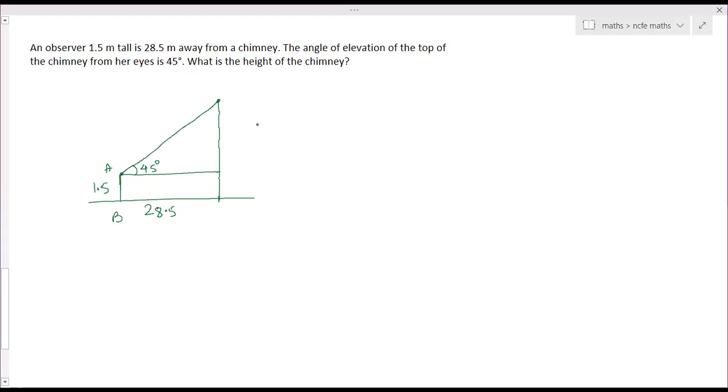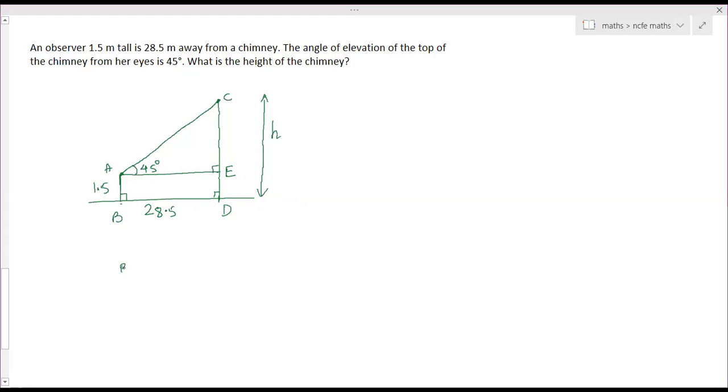Now you have to calculate the total height of the chimney. So total height of the chimney you can consider as H. We are considering symbols for it. We are not considering A, B, C, D, E, F, G, H, it will be much more difficult. So this is 90 degree we have drawn. The chimney is 90 and the person is also standing 90. That means ABDE is which type of quadrilateral? Rectangle. It is rectangle. So opposite sides are equal.